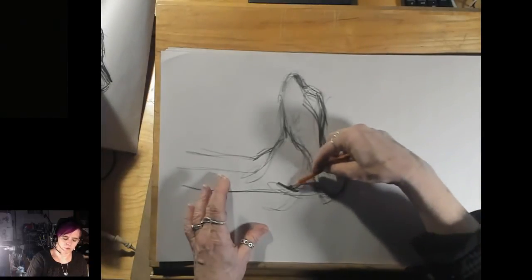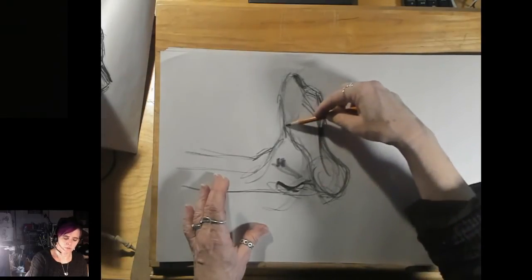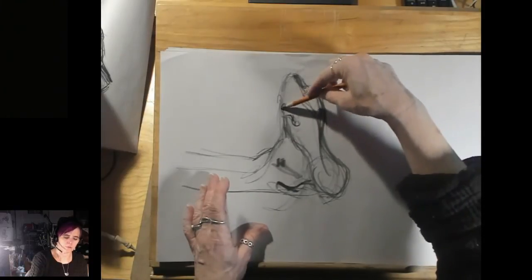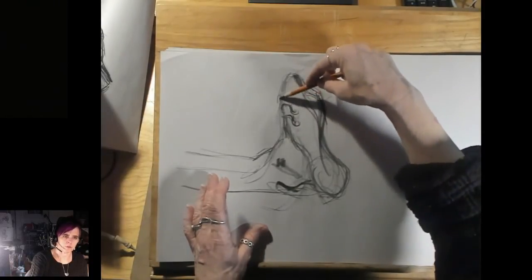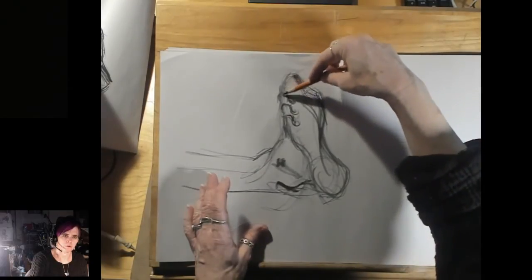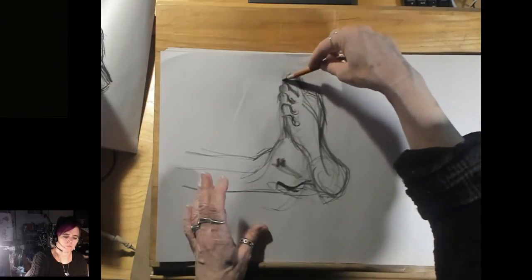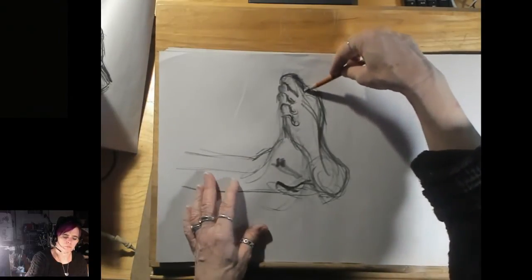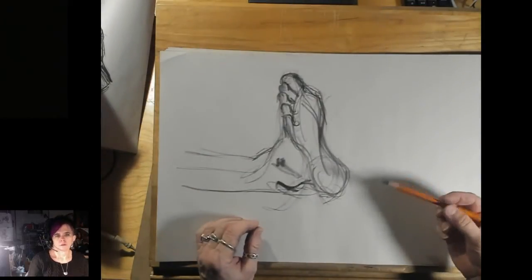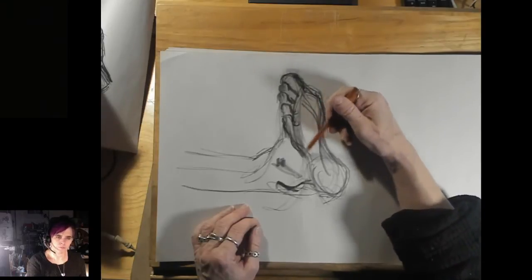And then I'm going to show you the structure of the ankle because it's a pretty interesting thing. So here's another example of where you just draw one side of the toe and let the other side take care of itself. It's interesting, but it doesn't look all that great. But at any rate,